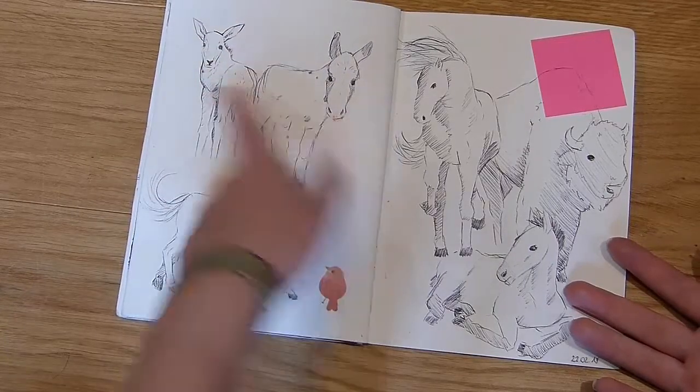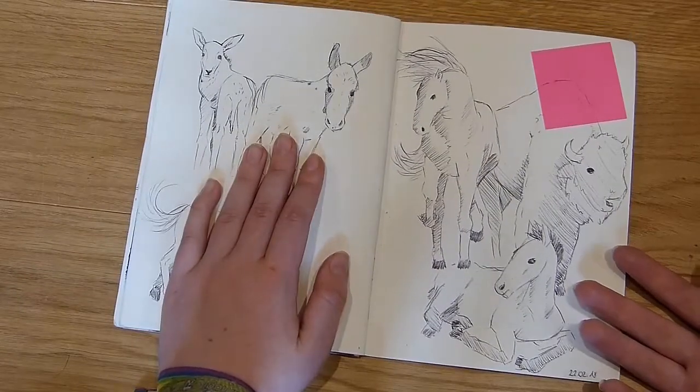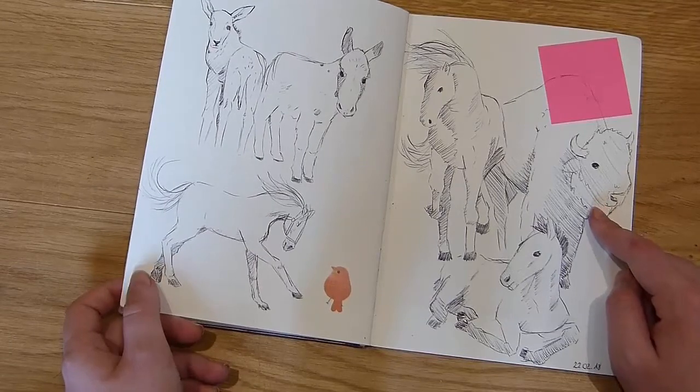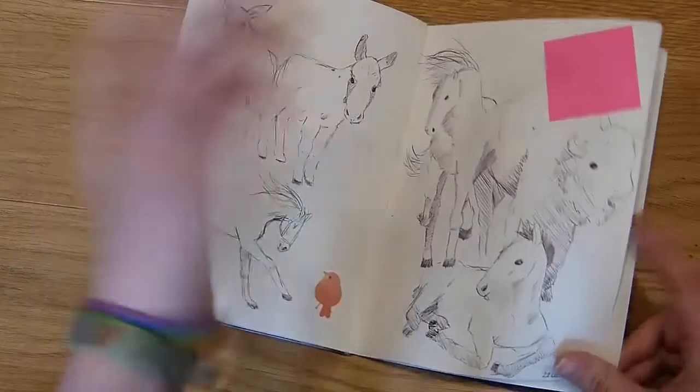Like, I don't know which animal this is, but a donkey, some horses, a bison? I have no idea how to call this in English. But yeah, I just did another spread, so...